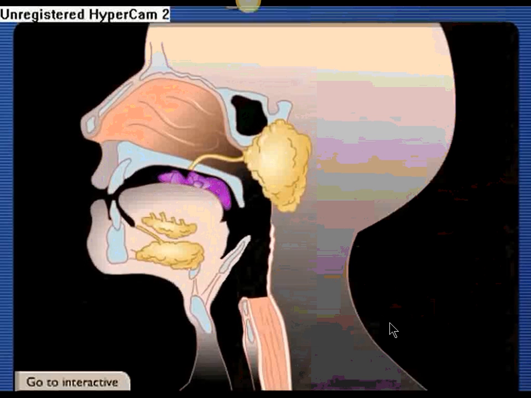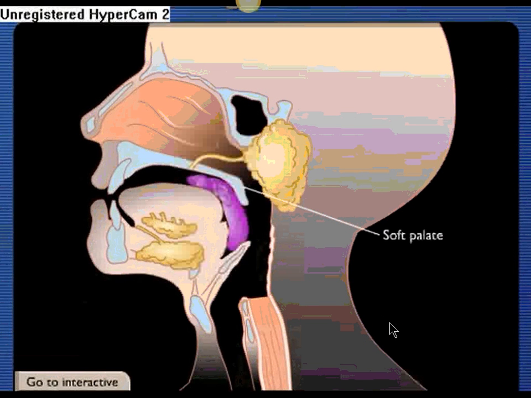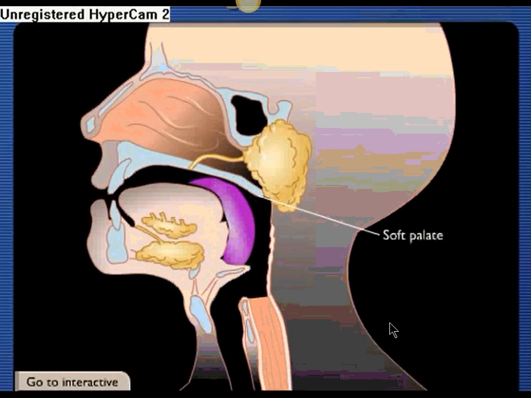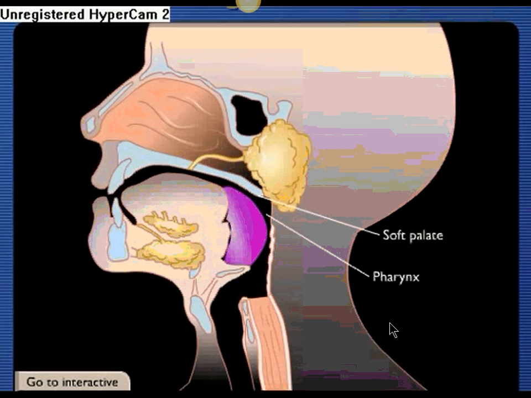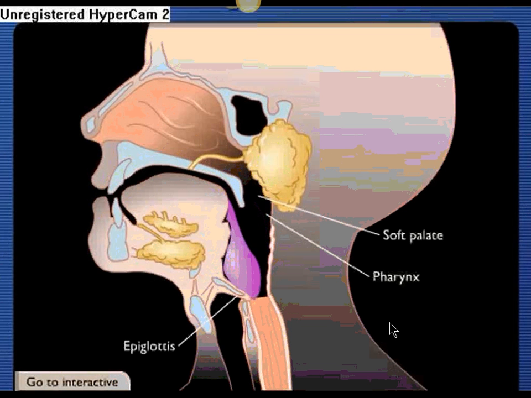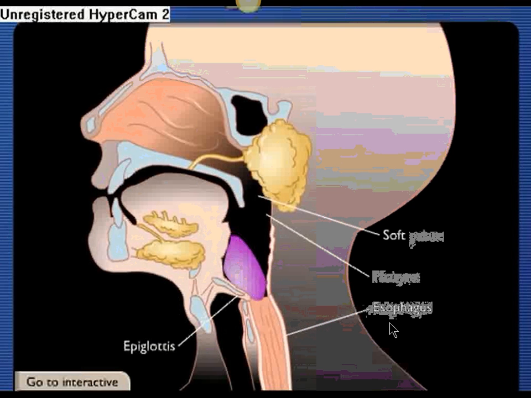As food is swallowed, the soft palate blocks the upper pharynx to prevent food from entering the nasal cavity, and multiple voluntary muscles in the face, neck, and tongue contract, pushing food particles through the pharynx. The food passes over the epiglottis, which prevents food entry into the respiratory system, and then